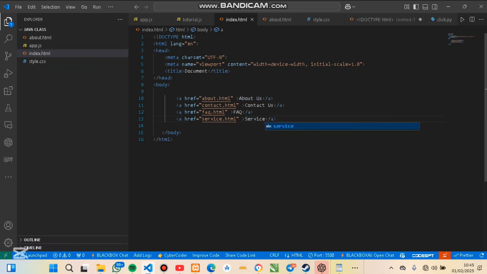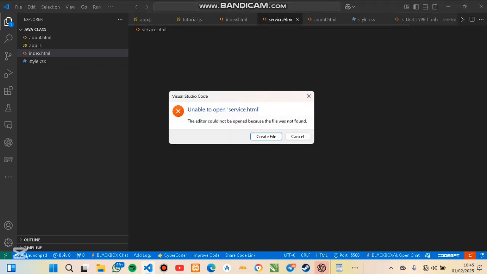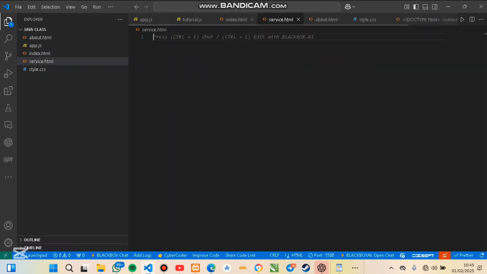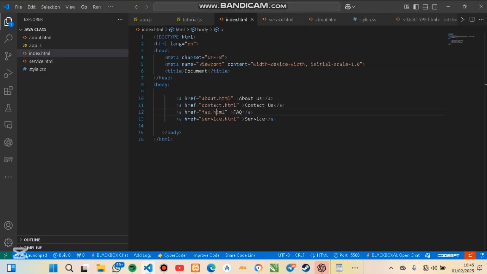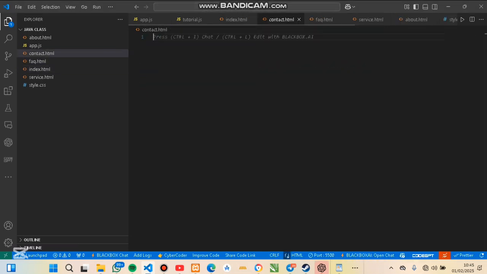So that's that about that. So you can just create. Make sure you create every single file. So let me just create everything. I will delete everything later though. So I create all the files, but I didn't put anything inside them, so it will automatically show me blank because I did not